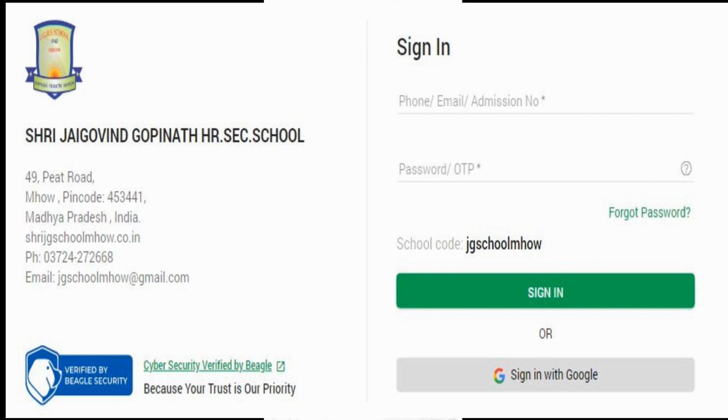Now I will let you know how to activate a parent's or a child account through the mobile application. I already made a video and uploaded it on YouTube on how to activate a parent or child account through the web browser. Today I'm going to show how to activate in a mobile application and what things we have to keep in mind while activating. So make sure you watch the video from beginning to end.